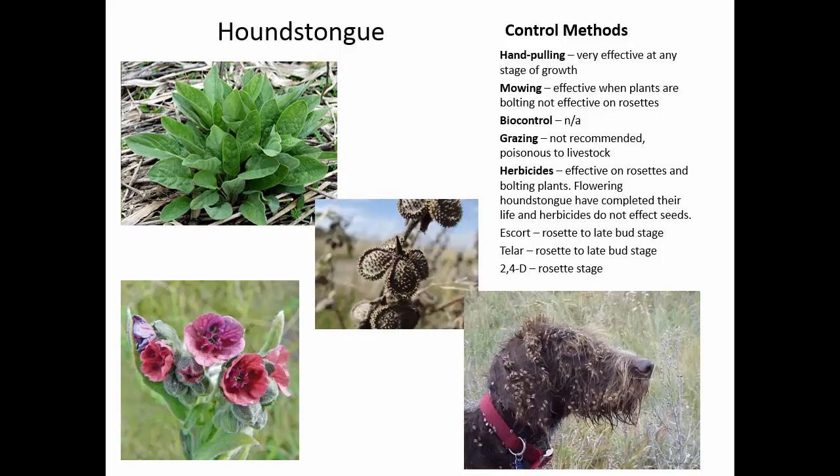Now supposedly, it only makes a stalk every 2 years. It's a biennial plant. So the first year it's the rosette, and then the second year it puts up its stalk and blooms. So, hand pulling, great option, right? In the spring when it's wet, pop those out of the ground. They're not spiny, and it's a huge carrot-like taproot. If you just get a shovel and pop it out of the ground, you're one step ahead.